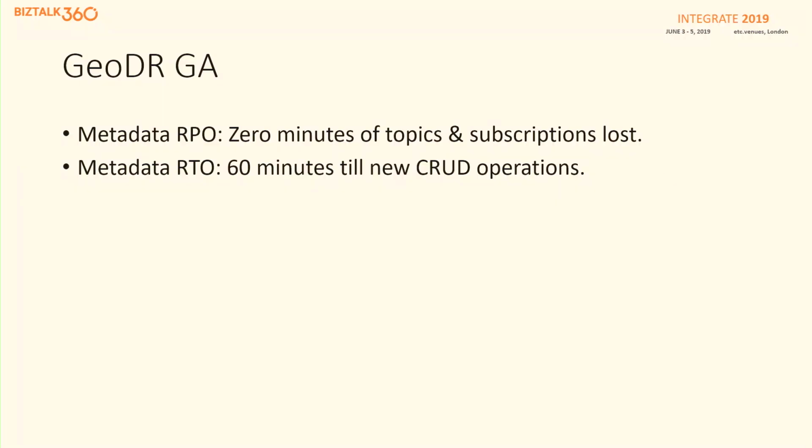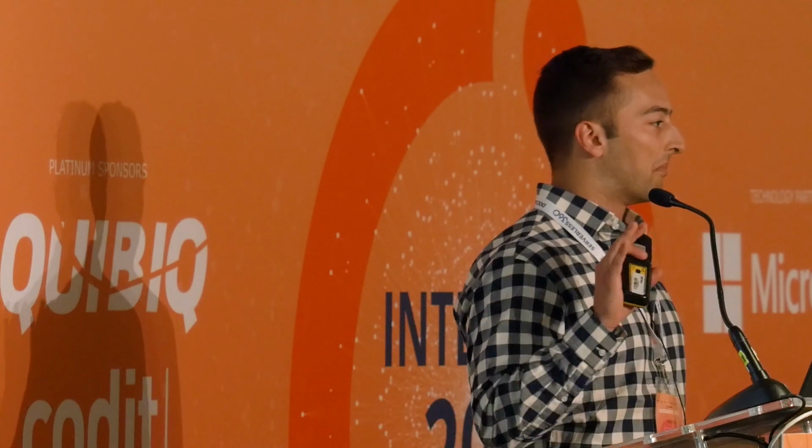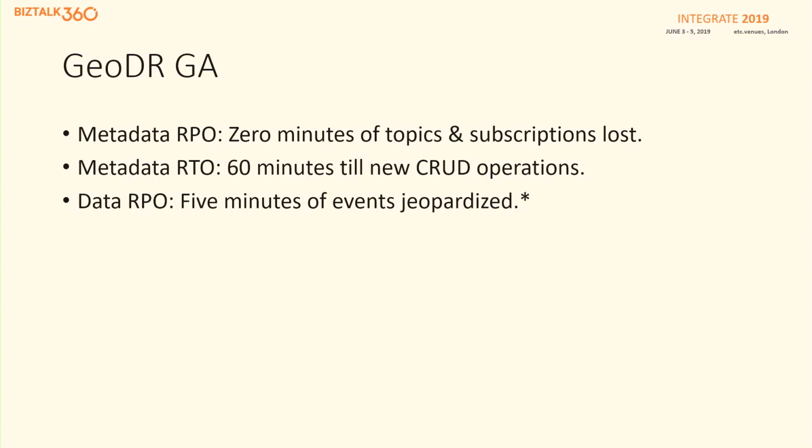As far as your recovery time objective goes, we're aiming for about 60 minutes, and that's about how long it'll take before new CRUD operations, so new creates and deletes on topics and subscriptions, will start getting accepted. Generally, it happens a lot quicker than that, but if you are planning your business disaster recovery operations model, we're putting 60 minutes out there as the number to plan around. As far as data DR, because Event Grid is on a push basis, pushing as quickly as possible to